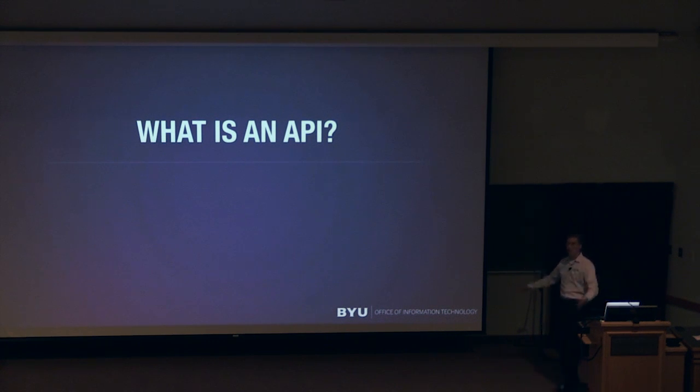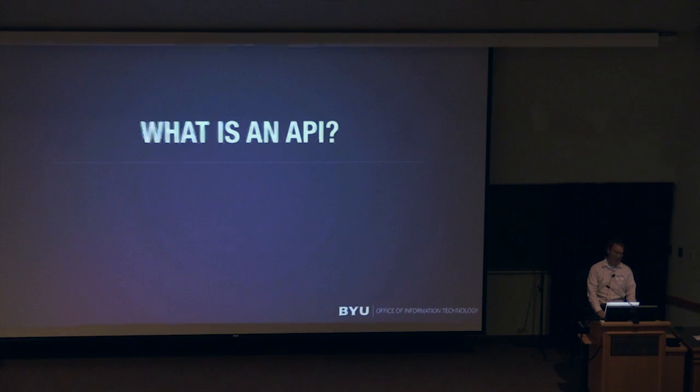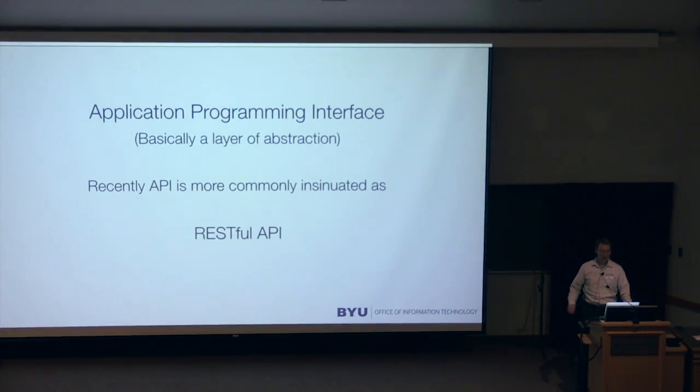So, I'm going to do a simple review at first, just to make sure we're all on the same page of what is an API, and what a personal API is after that. So what is an API? Application Programming Interface, and basically APIs are a level of abstraction, whether that's a programming language and the syntax of the language that you program to, whether it's a framework, a lot of different levels that you could say this is an API. Hardware has its own API. So a programming interface, that layer of abstraction.